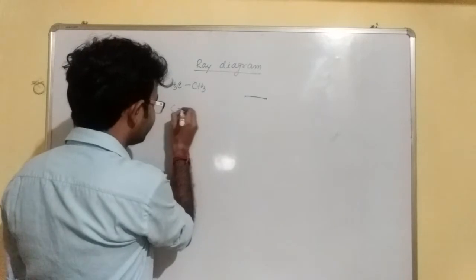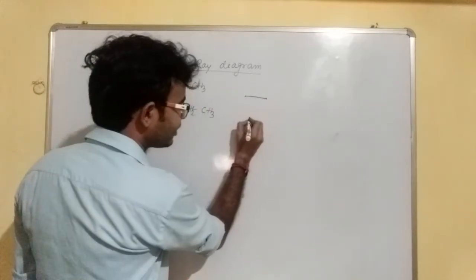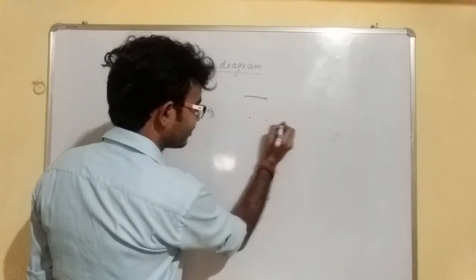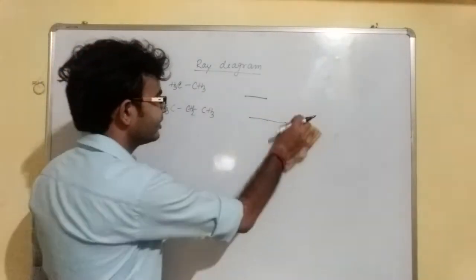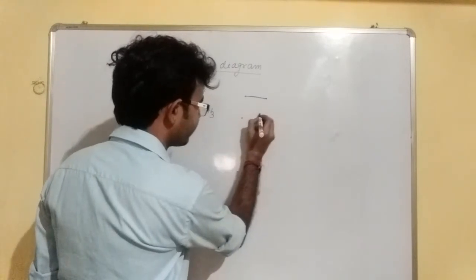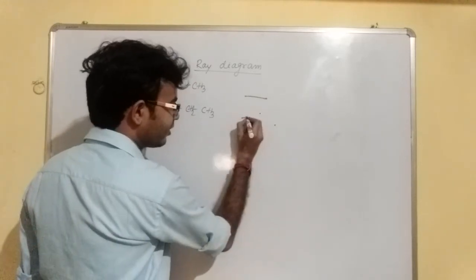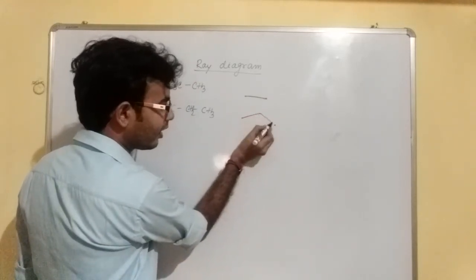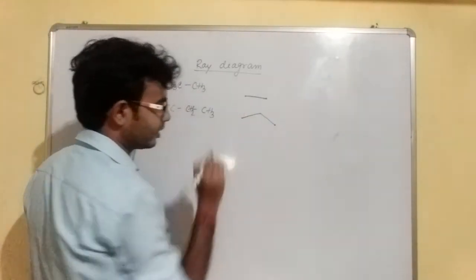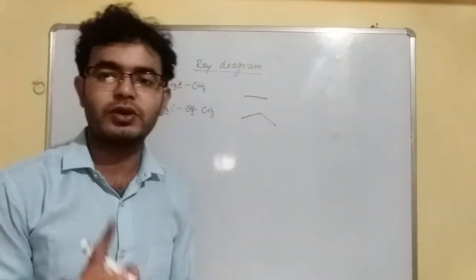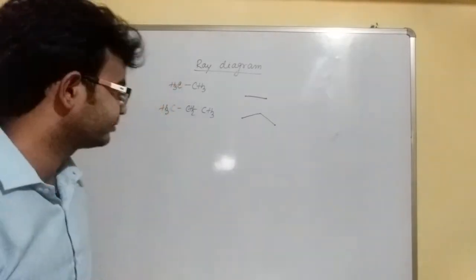Now suppose we have three carbons, like the formula CH3 CH2 CH3. Here three carbon atoms are there. If we draw only one line, you will not be able to understand that one more point is here. That's why we write one dot here, another dot here, and another dot. So it represents that two lines are present here, like this and this. We are not writing carbon or representing the element, we are just representing the line. Line means the bond.